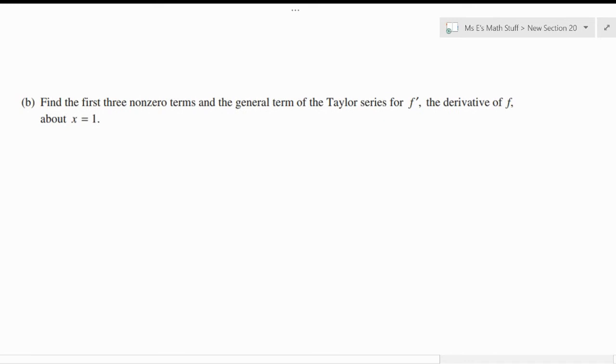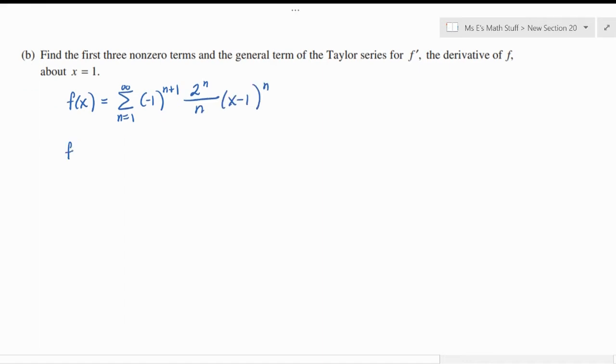All right, for part B, it says find the first 3 non-zero terms and the general term of the Taylor series for f prime, the derivative of f, about x equaling 1. So the first thing I would have you do is expand the sigma notation. They told you in the beginning that f of x is defined this way. And so I would recommend that you expand that out. So if you do,